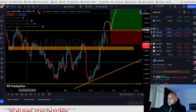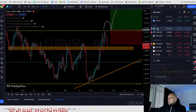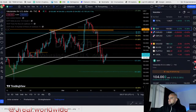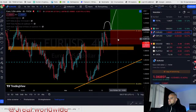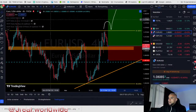What does that say to us? So we have fundamentals showing that dollar is going down. Dollar should be dropping even more if these bank collapses continue. We will see the news today, 1:30. We got the CPI readings. If that pushes the dollar even further down, all this what you see here is a perfect setup for a buy,